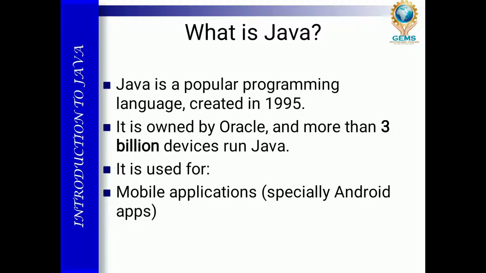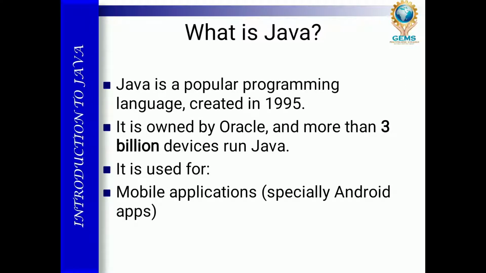James Gosling is a software engineer who worked at Sun Microsystems. He developed the Java programming language along with his friends. It became very popular because